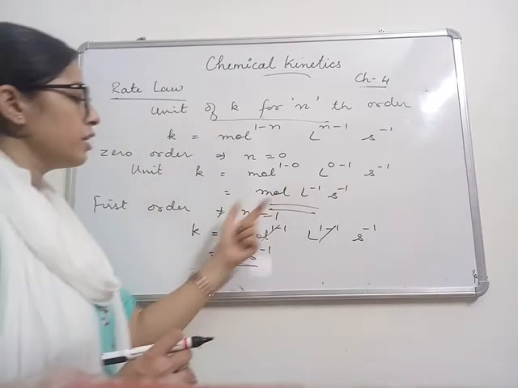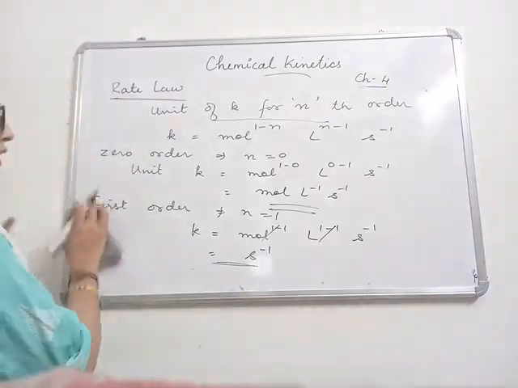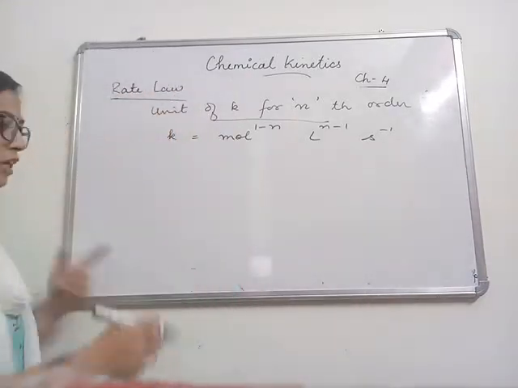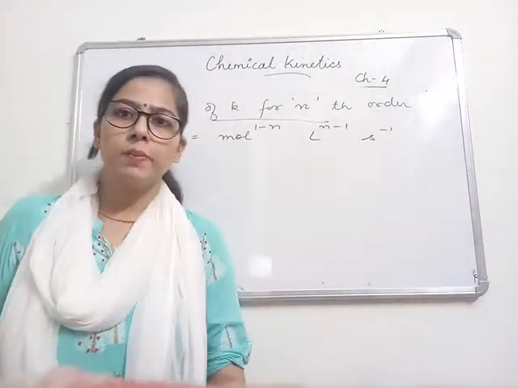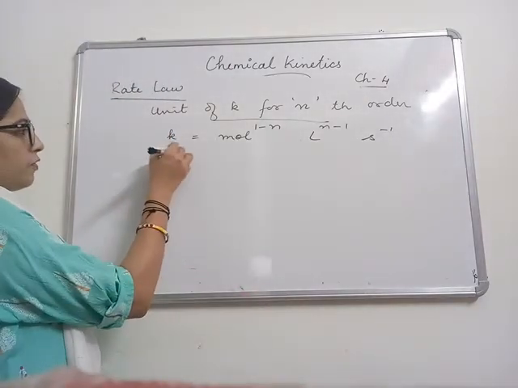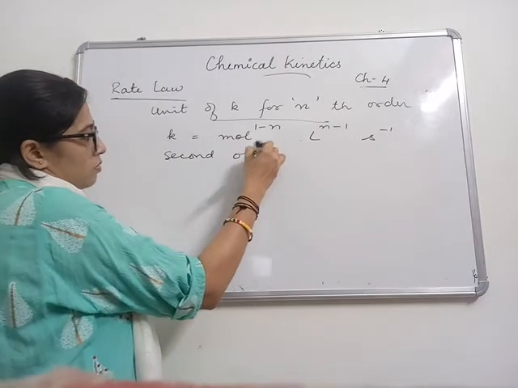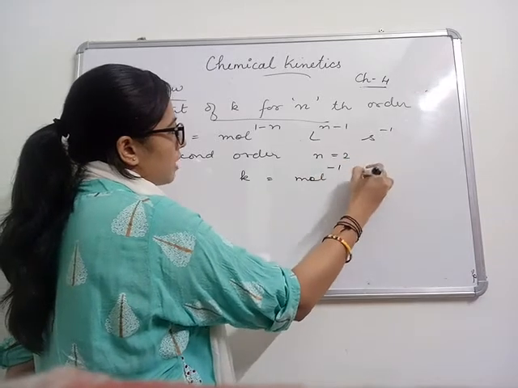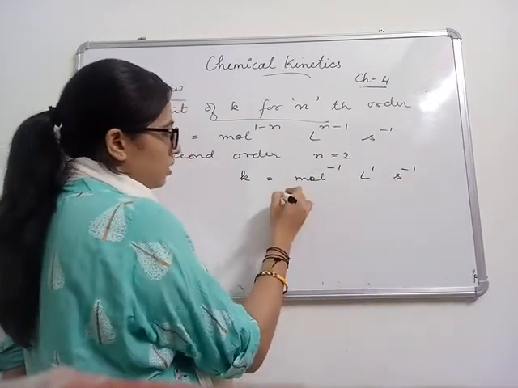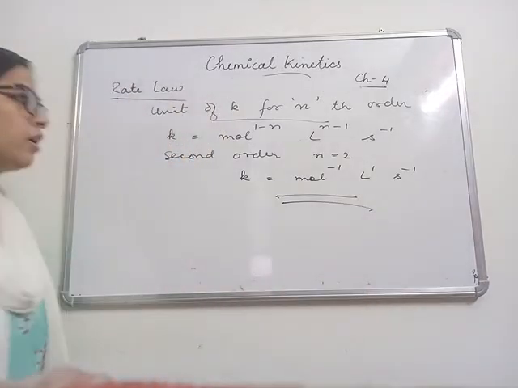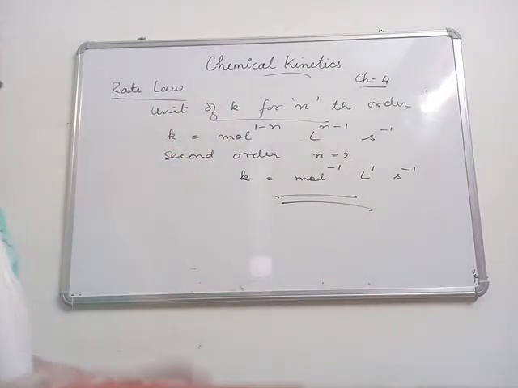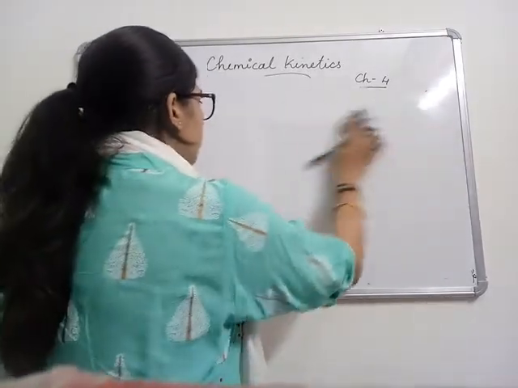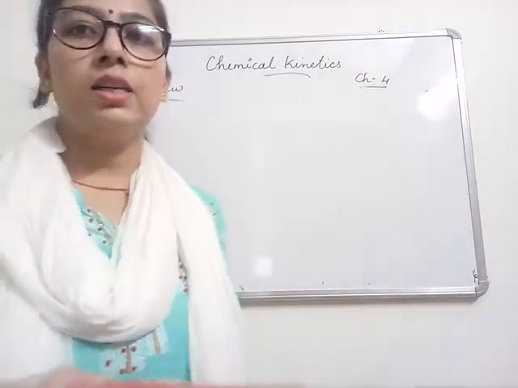तो K की यूनिट क्या है, तो हम ऑर्डर भी फाइंड आउट कर सकते हैं. रिवर्स ऑल्सो वी कैन गो. सो this is generally asked, you would be given the value of K with the unit, you would be asked to find the order, or the order would be given, you need to find the unit of the K. Now for second order reaction, n is equal to 2, तो K की यूनिट क्या आएगी, मोल टू द पावर -1 लीटर टू द पावर 1 and second inverse. So this is the unit for K for a second order reaction. तो nth ऑर्डर रिएक्शन का एक्सप्रेशन याद रख लेना, यू कैन फाइंड फॉर एनी ऑर्डर रिएक्शन द यूनिट. तो रेट कांस्टेंट रेट के इक्वल होता है जब कॉन्सेंट्रेशन ऑफ द रिएक्टेंट इज यूनिटी.